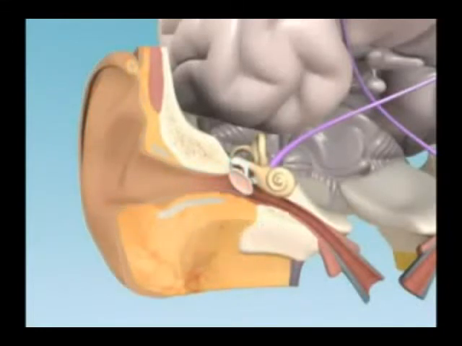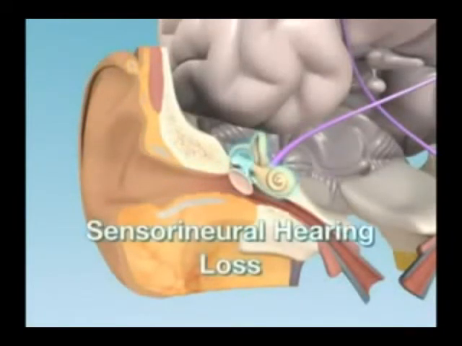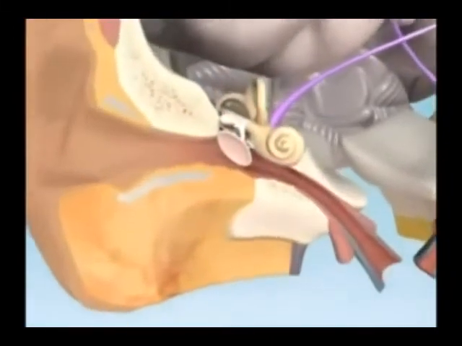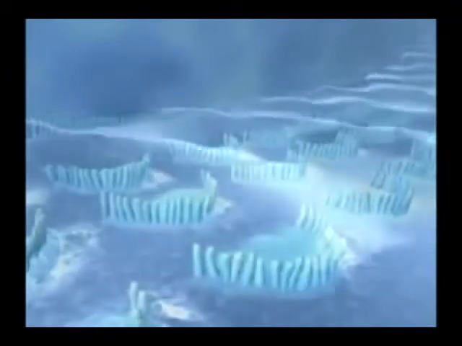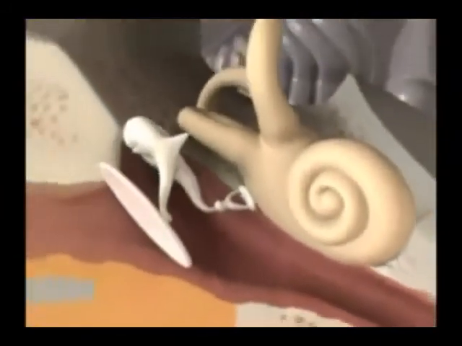The second and most common type of adult hearing loss is sensorineural hearing loss, which can be caused by noise damage, the aging process, or other environmental factors. This type of hearing loss is a result of damage to the inner ear. In a damaged cochlea, hair cells are broken or gone and can therefore no longer pick up sound or transmit it to the brain. Hearing aids are the only course of action to help you with this type of hearing problem. Hearing aids will not slow the progression,